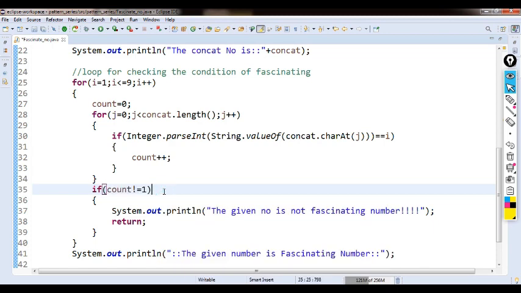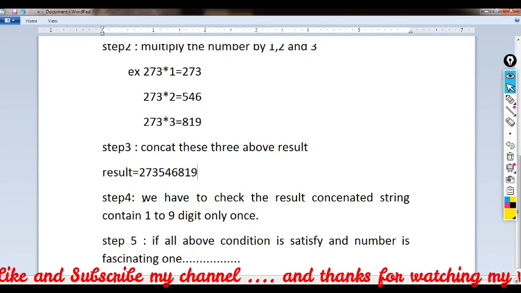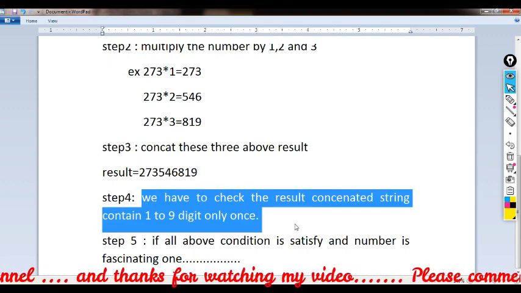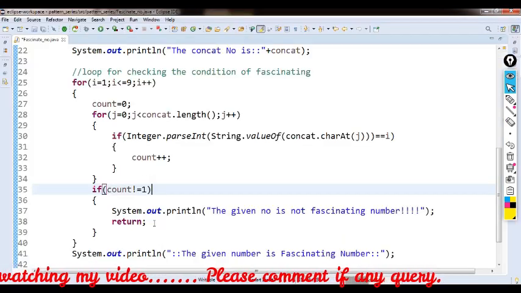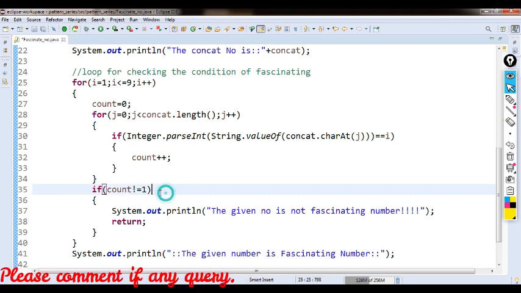If the count value is less than 1 or greater than 1, we can conclude that the condition we discussed, that the resulting concatenated string contains the digits 1 to 9 only once, is not fulfilled.